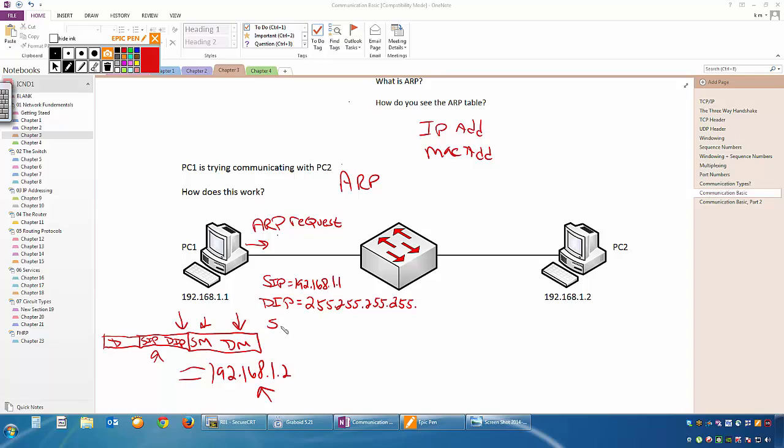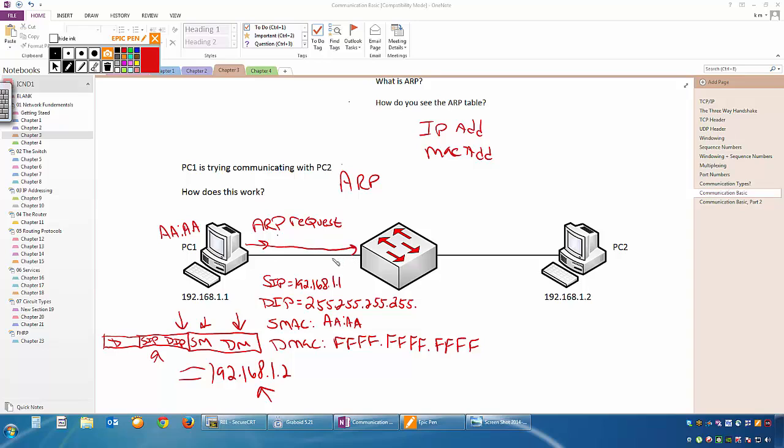So I'm going to have a source MAC, and we'll say that source MAC is AA:AA, which will be this PC here. Easy enough, look at my own network card. And I'm going to have a destination MAC of all Fs because I don't know what it is. Now this packet or this frame goes out and hits this switch.